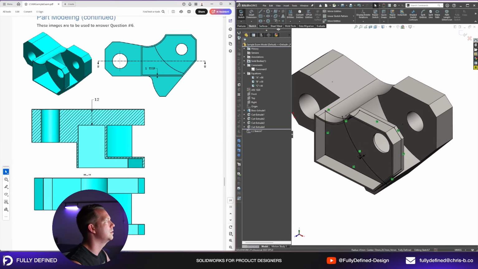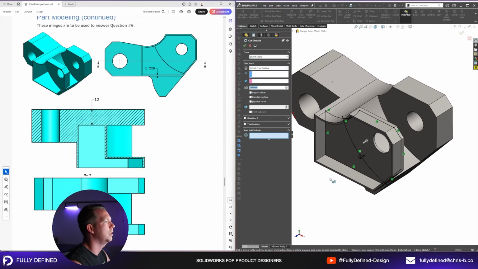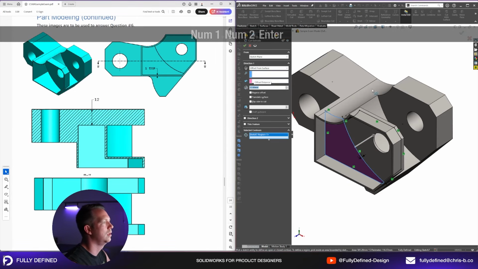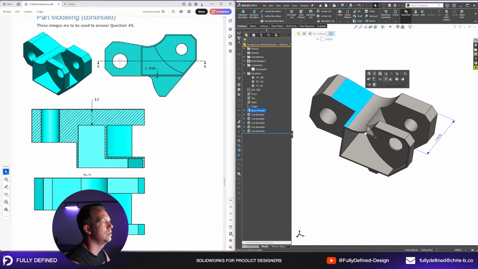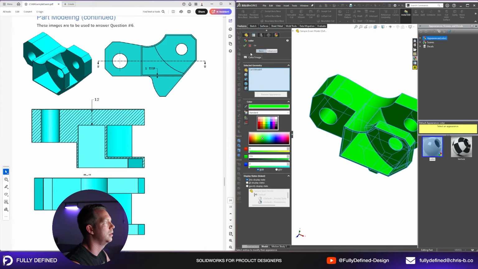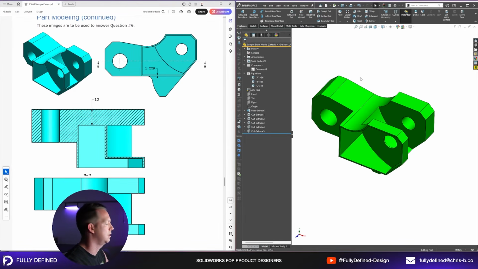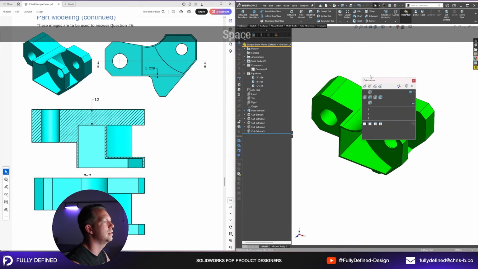And then I'm going to do an extruded cut. I'm going to select this contour. I'm going to go offset from surface 12. I'm going to select this outside face. Press OK. Now, just for comparison's sake, let's put a color on and let's save, and let's do a section